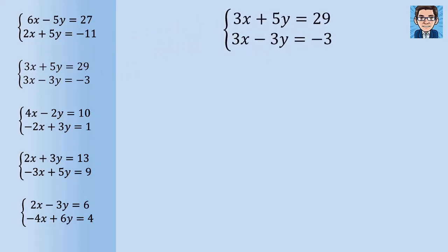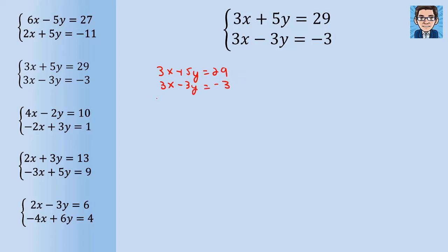Now in our next equation, if we were to add these up, nothing's going to be eliminated. The 3x and 3x would get us 6x. The 5y and the minus 3y would get us 2y. So we need to do something a little different with this one. I'm going to do it 2 different ways. So one way to do it is to subtract. So if we subtract for these two,